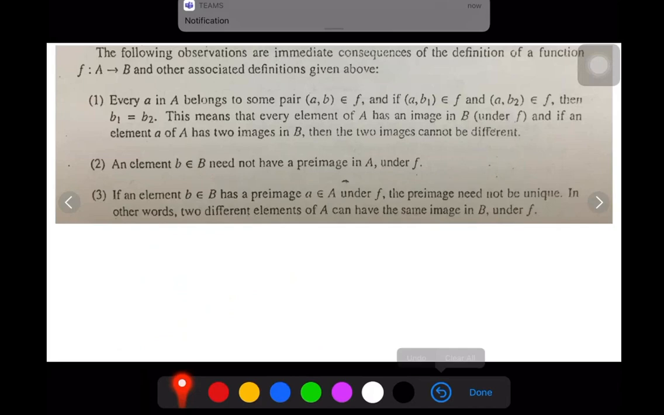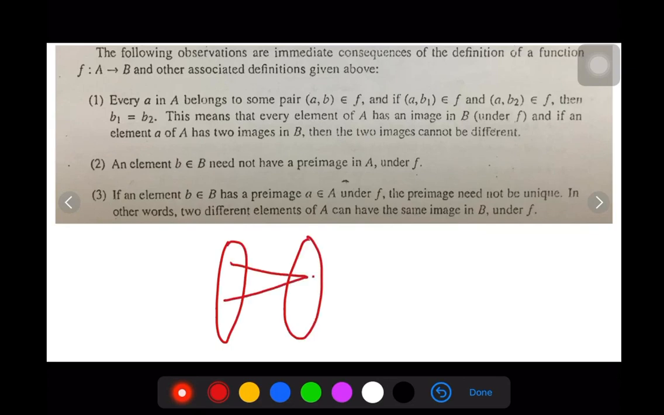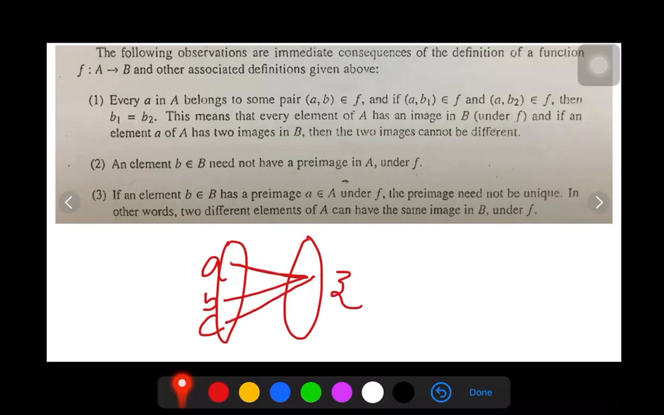And the third condition is, if an element B in B has a pre-image A in A under F, the pre-image need not be unique. In other words, two different elements of A can have the same image in B. So as in my previous explanation, this can happen. Even three elements A, B, C can map to Z. So here you can just observe that this many-to-one mapping is allowed in a function. This can happen